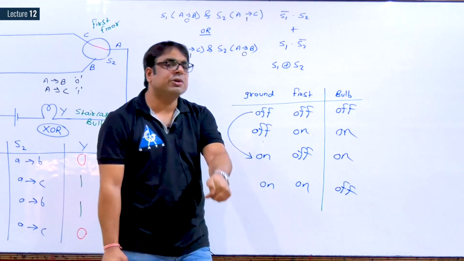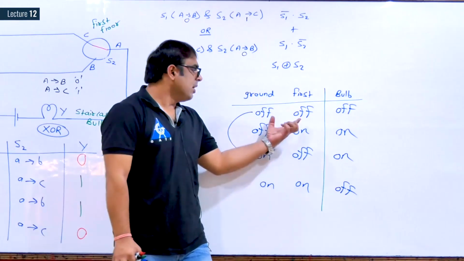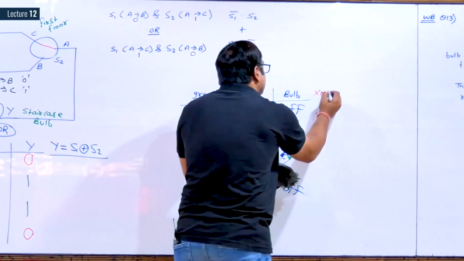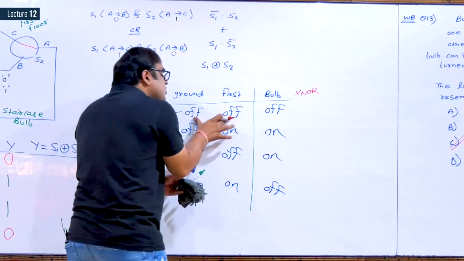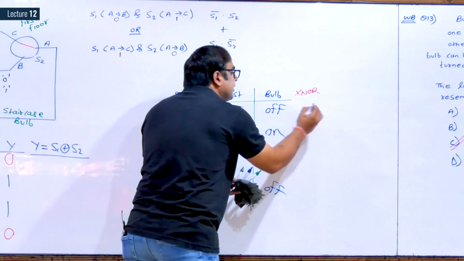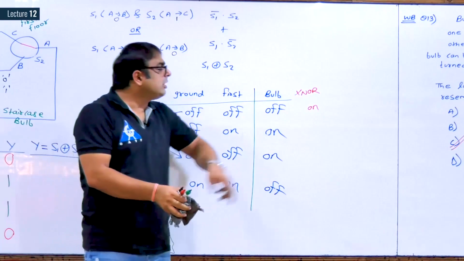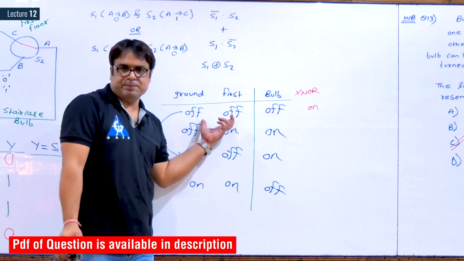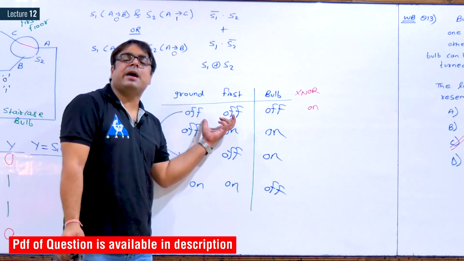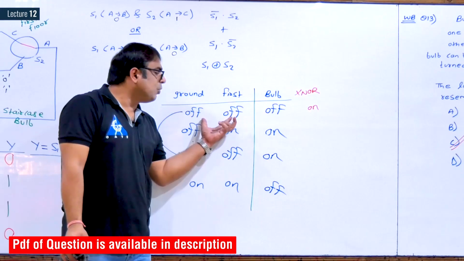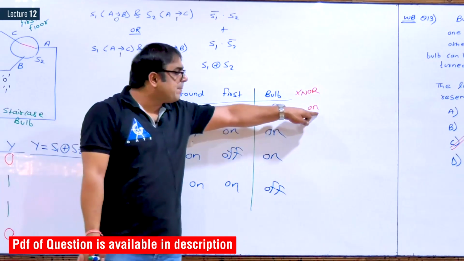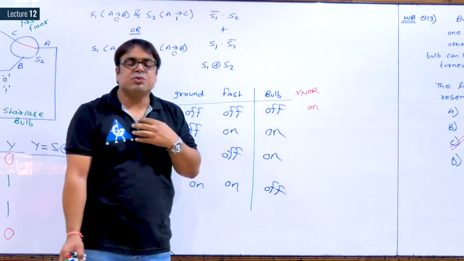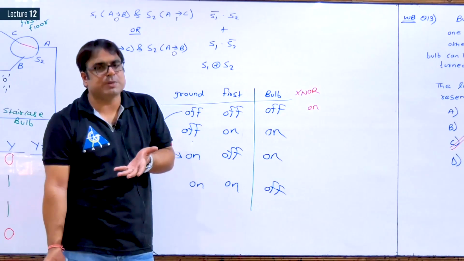Why he does not use XNOR is simply because if it was XNOR, when both the switches are in the same state, your bulb will turn on. You cannot expect your bulb to turn on when both your switches are off. This will happen if your electrician uses XNOR logic, which we don't expect in a real-life situation.